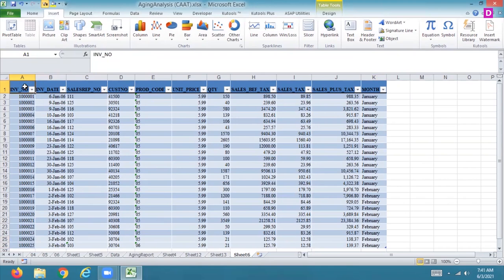So now if we insert anything, it will automatically go to the next value, next table. Here is the data, it will be converted to the next value, next table. Invoice date, sales number, customer number, product code, unit price, quantity, before tax and month. Right? Now we will use the